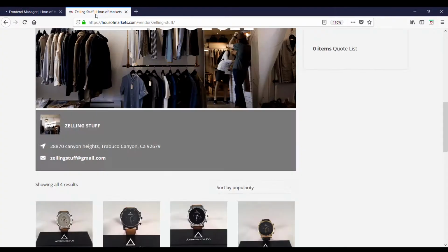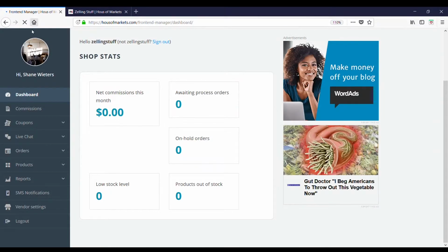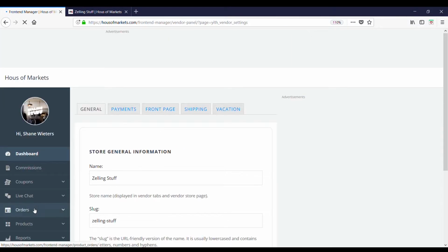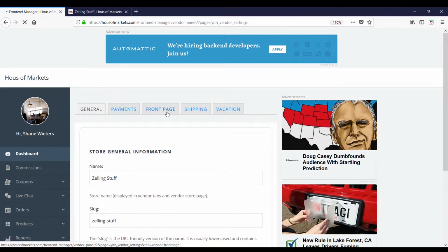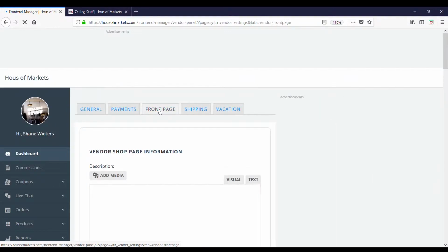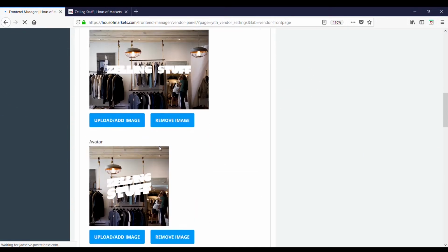So we're going to jump over to our actual vendor page, and if you look over here, you're just going to see some brief information about the company here, and then there's nothing over here. But in order to enable live chat, first of all, for your shop, you need to go down here to your vendor settings. So double click on that, and then up here to the front page. This is where you're going to edit all your page information. We're going to scroll on down here to the bottom,